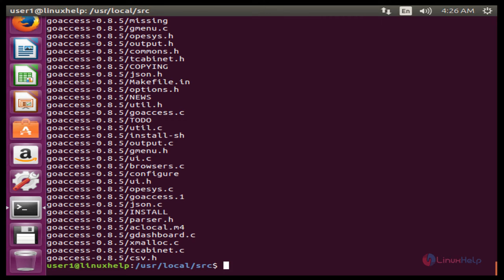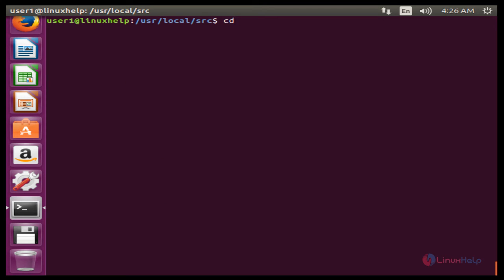After extracting the downloaded package, we need to change the directory. The command is cd goaccess-0.8.5. Now enter to change the directory. The next command is to run the configure script.